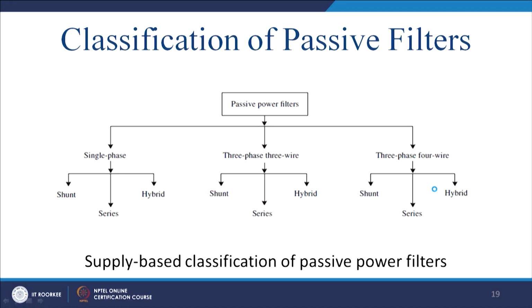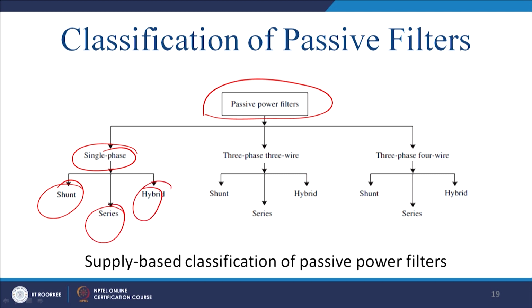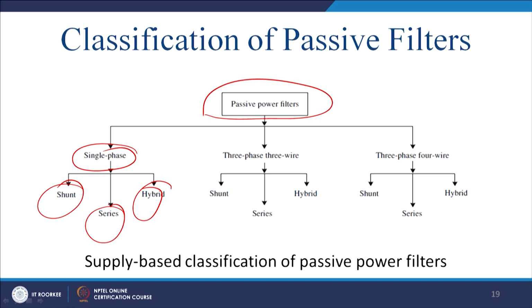We can go into the detail when you will design this for a particular problem. Now, based on our discussions, passive power filters can be classified based on the phases. You can have a single phase, and that is put into the distribution system, that is shunt, series and the hybrid. And you can have, in a transmission system mainly, in HVDC line and others, that is for the 3-phase 3-wire system.